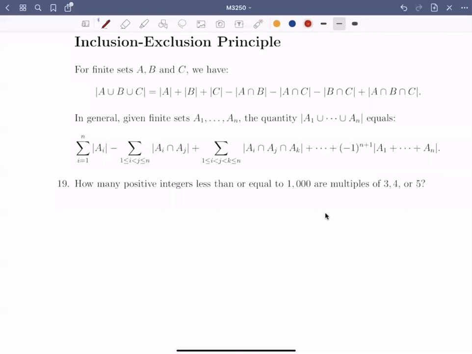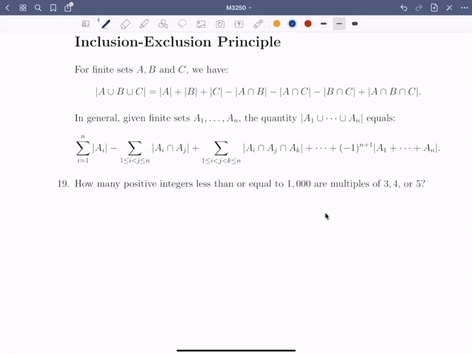So next I want to talk about what's called the inclusion-exclusion principle, and this is going to tell us how to find the cardinality of a union of three or more sets. So this is going to generalize what we had before for the sum rule for counting. And what this is going to say is that when you have three or more sets, the way that you